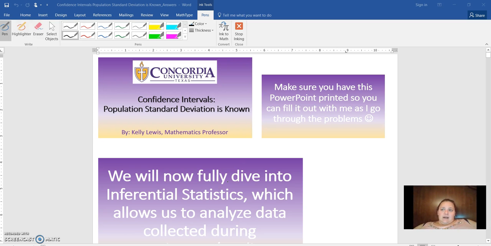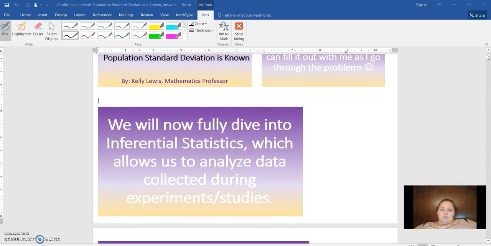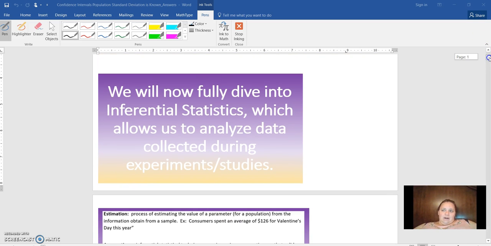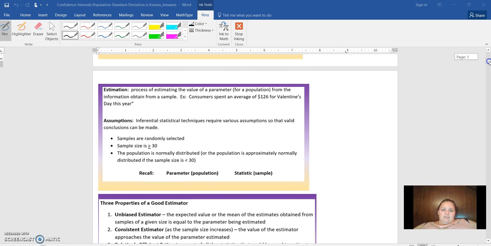Alright, so we're going to start our study of confidence intervals. Confidence intervals is like the first part of inferential statistics, and inferential statistics let us infer, like you learn something about the sample and then you can apply it to the population. And so one of those things is confidence intervals. Then we're going to learn about confidence intervals, how confident we are about different aspects of the sample to the population.